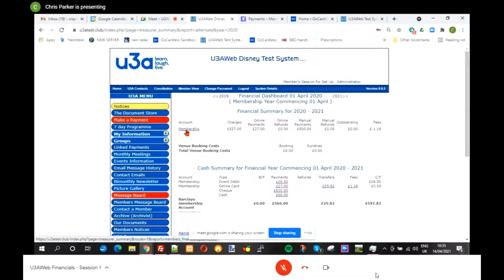They will go in here. So this £27 doesn't matter when it's paid. It's been paid for 2021 membership,